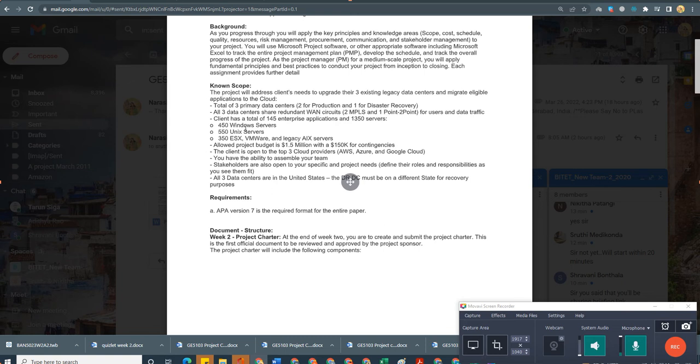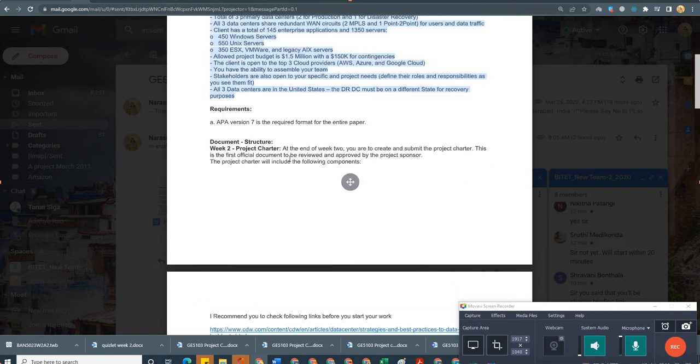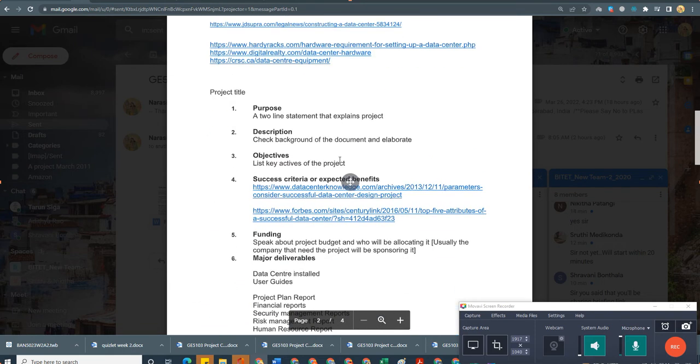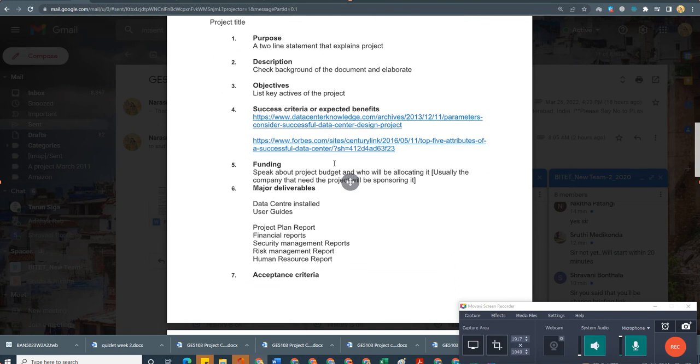You will be installing different types of servers. You can mention Windows servers, Unix servers, or installation of servers. So these are the activities. These are the main objectives that will be done for your project. So the main activities, what we are going to do from this project, will be explained in the objectives section.